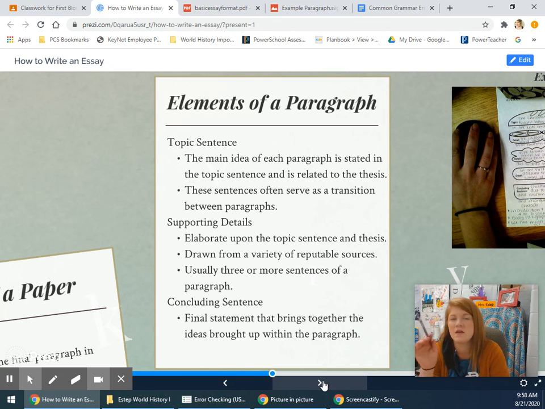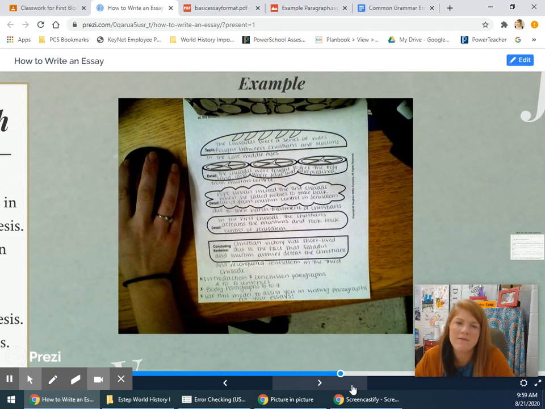And the first sentence of each paragraph should be like a transitional piece to where it flows, it's smooth. The rest of your paragraph should have some supporting details that elaborate on your first sentence, that refer back to the thesis. See, everything refers back to that thesis. And then your concluding sentence should wrap up what you were trying to say in that paragraph and transition to the next paragraph. So an example of this, if I were to ask you to write something about the Crusades,